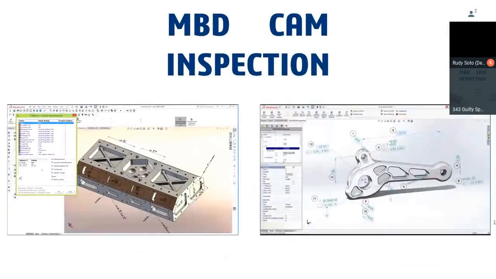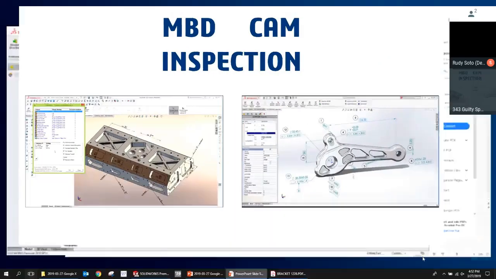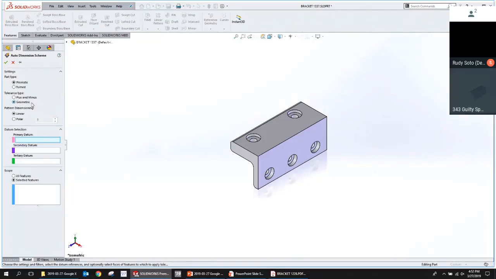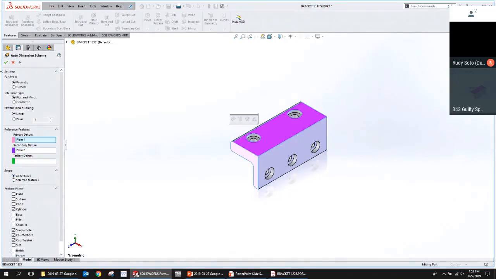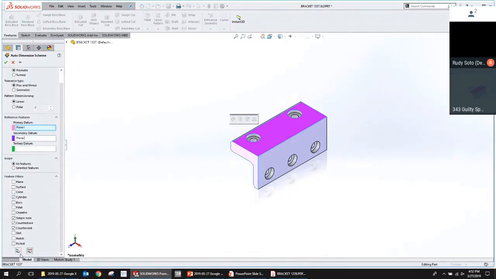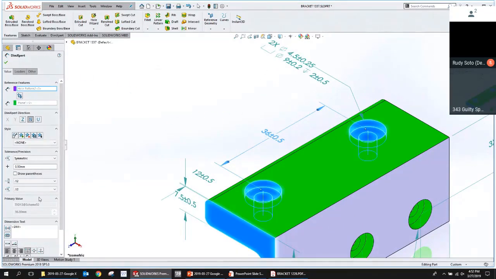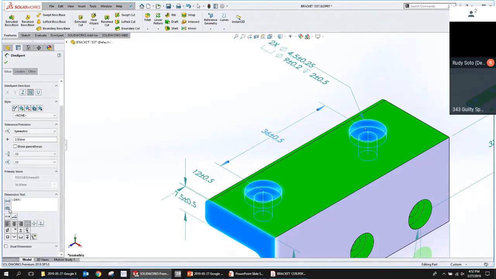But in general, yep. So the question is, can we add those inspection indicators here utilizing DimExpert? If I just throw a couple of dimensions on this thing, and then go to one of these dimensions, this is a DimExpert dimension, we can go over here to our dimension properties and indicate that it's an inspection dimension. That's kind of what I think, in terms of integrating the inspection process.